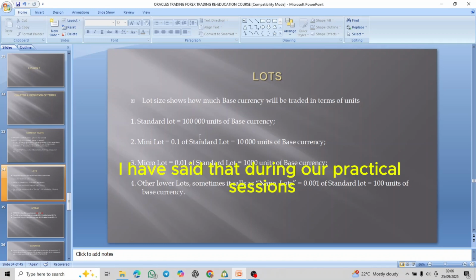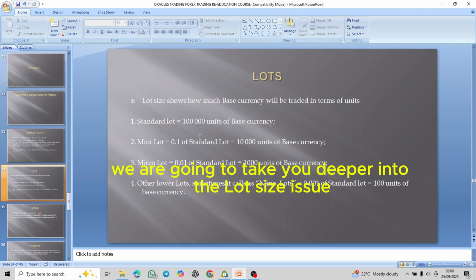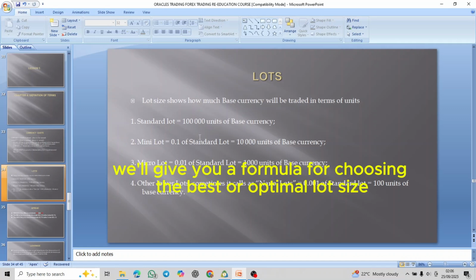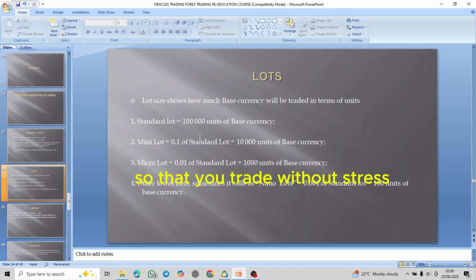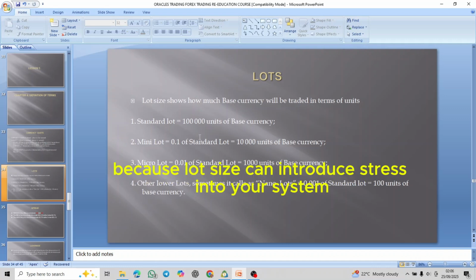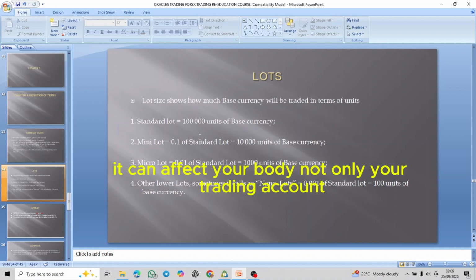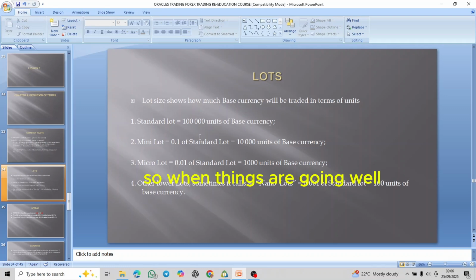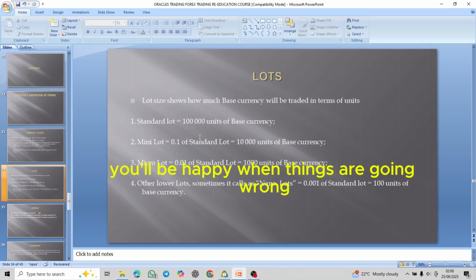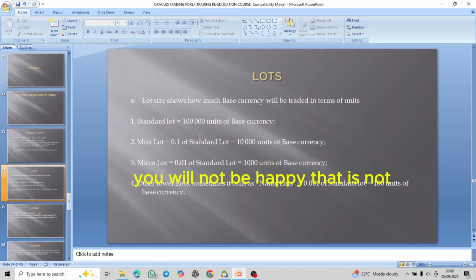I have said that during our practical sessions, we're going to take you deeper into the lot size issue. We'll give you a formula for choosing the best or optimal lot size so that you trade without stress, because lot size can introduce stress into your system, not only into your trading, but into your body. It can affect your body, not only your trading account. When things are going well, you'll be happy. When things are going wrong, you will not be happy. That is